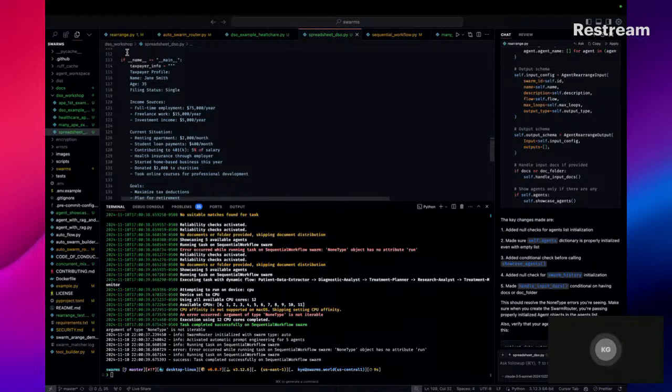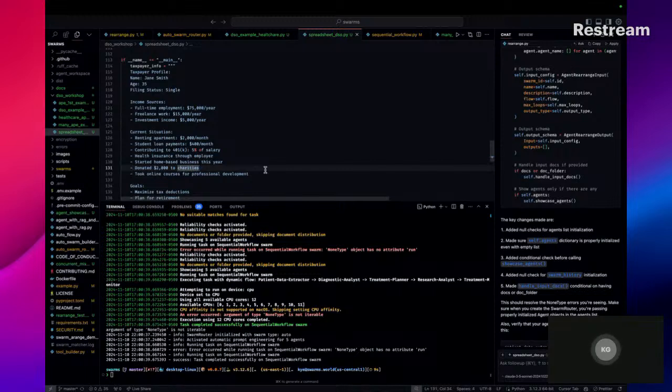And then here we have some synthetic data, income. So you could give this your actual bank statements and actual data. Here it's giving fake data for the time, saying full-time employment, 75,000 a year, freelance work.